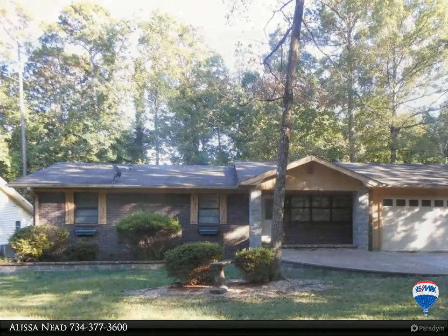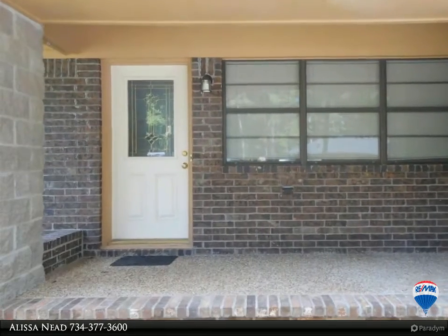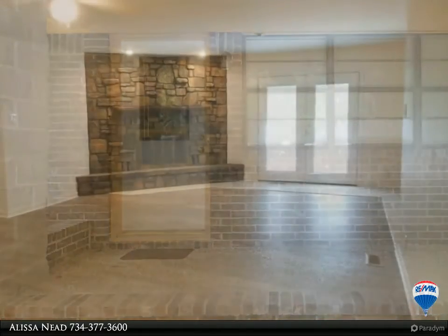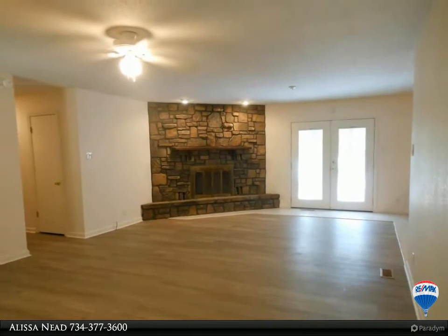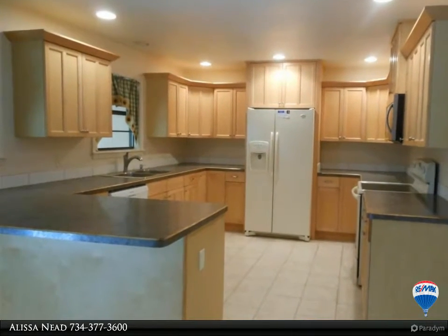Have you been looking for a clean, updated 3-bedroom 2-bath ranch? With a workshop? On a level lot? We have it. You will be impressed from the minute you pull up. Nicely maintained home outside, newer vinyl plank flooring, newer kitchen, newer countertops, 2-car attached garage with large storage room, good-sized